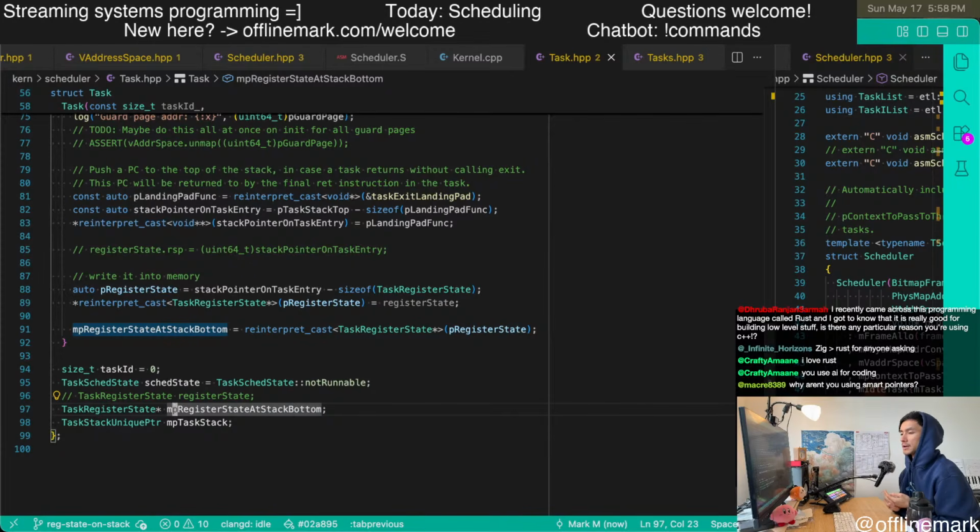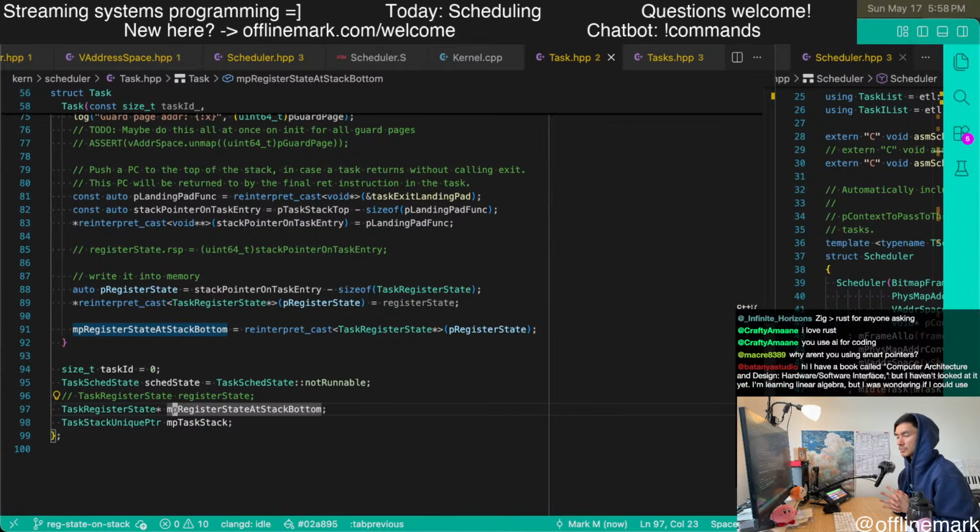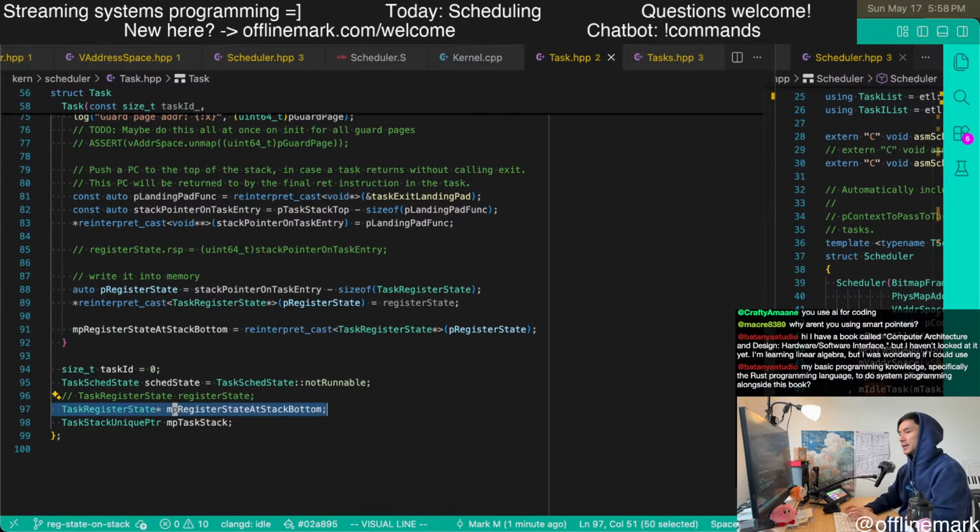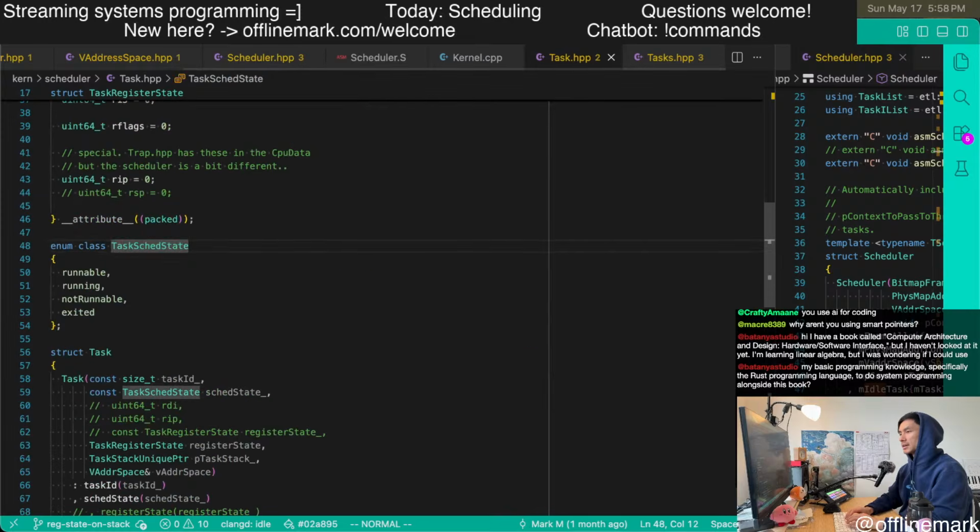There's not a ton of time left, but one interesting thing is, from what I understand, this pointer with the register state thing is only relevant when the scheduler state is runnable, not running.